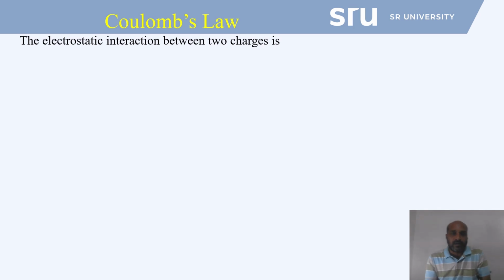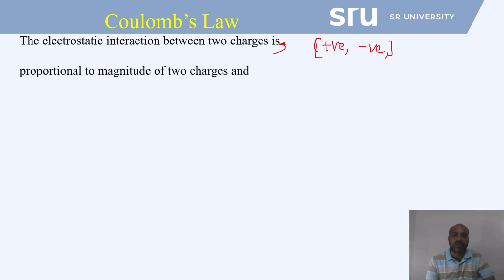Now we'll take two such charges. Either both may be positive charges, or both negative charges, or one may be positive and one negative, in any combination. Out of those four, you can choose any combination. And Coulomb gave some conclusions about the force of interaction between two charges. His conclusion was that the electrostatic interaction between the two charges is proportional to the magnitude of the two charges we considered. And